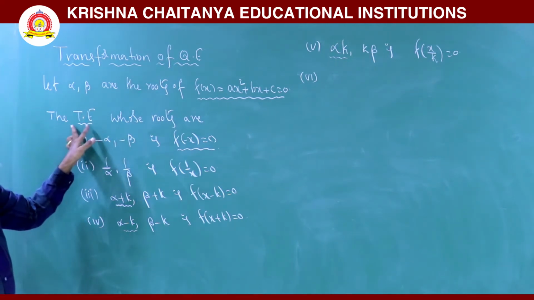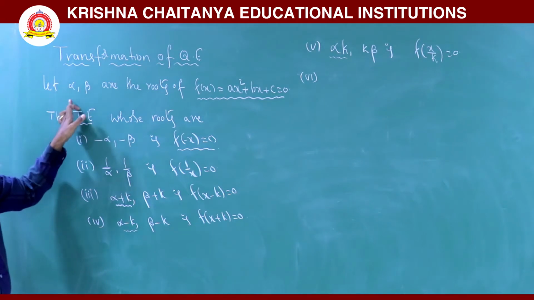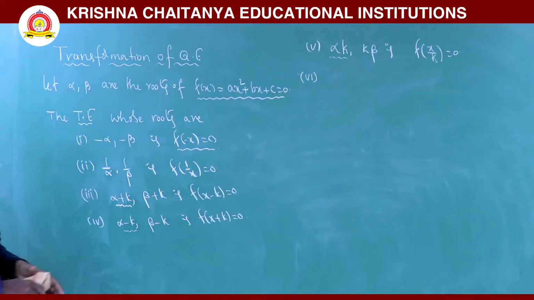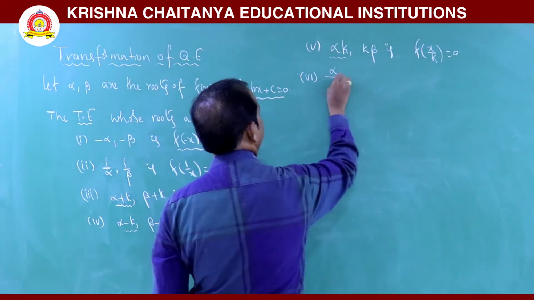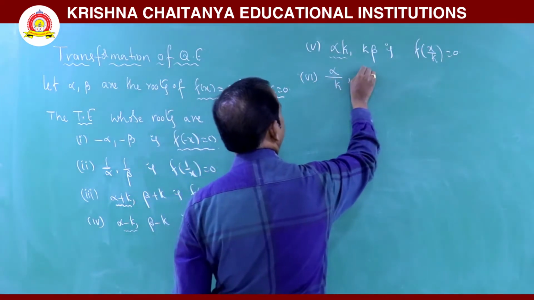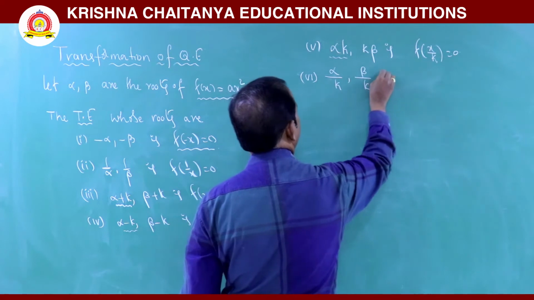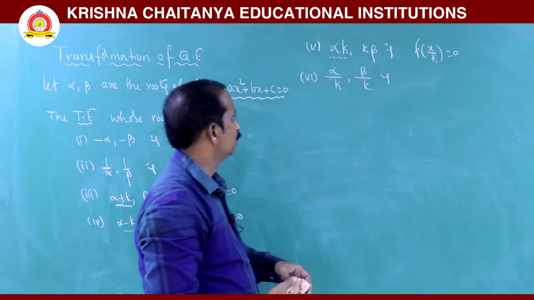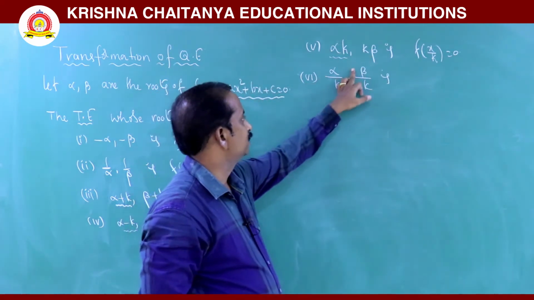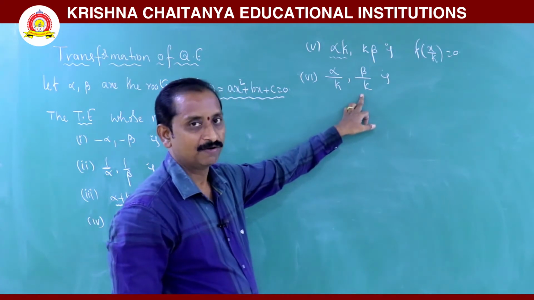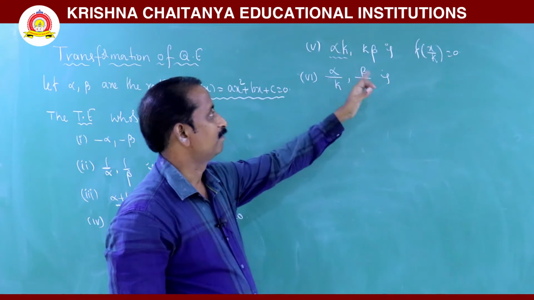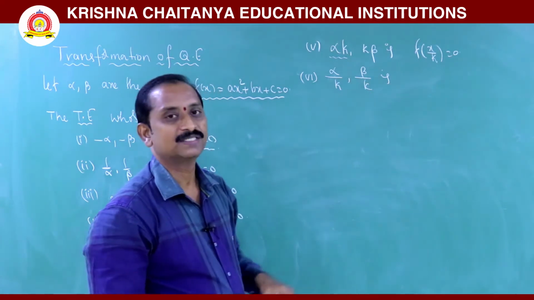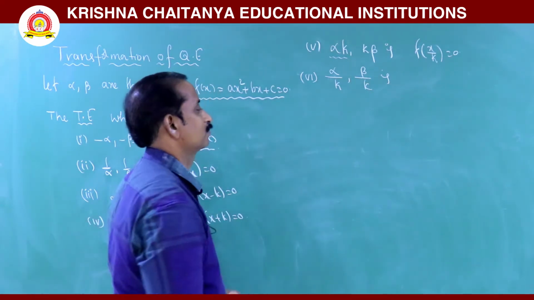The transformed equation whose roots are alpha by k, beta by k, where k is not equal to 0. Now, what is the transformed equation whose roots are alpha by k and beta by k? Reverse of division is nothing but multiplication. Indirectly, the required transformed equation is nothing but f of kx is equal to 0. Now we go to the solution of that